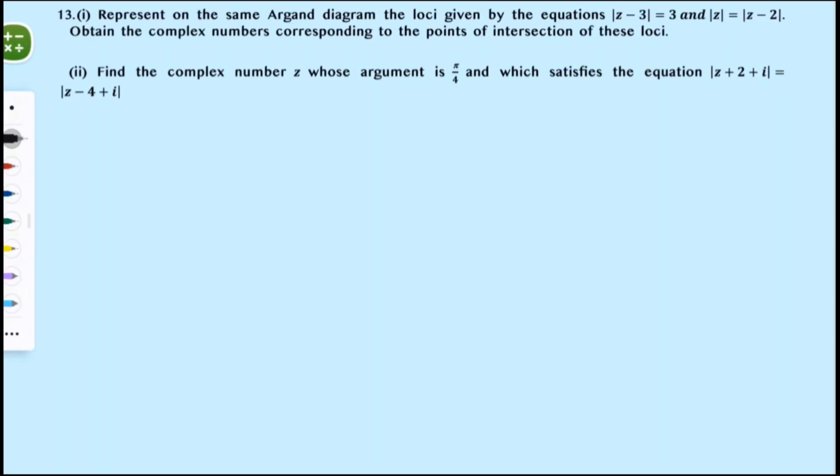Represent on the same Argand diagram the loci given by the equations z minus 3